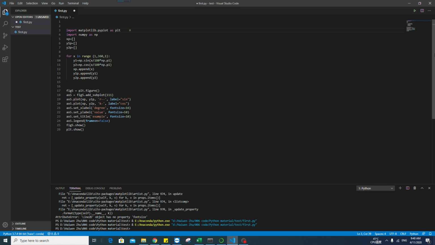So basically, this is the language package for the plot function, and this package for most math